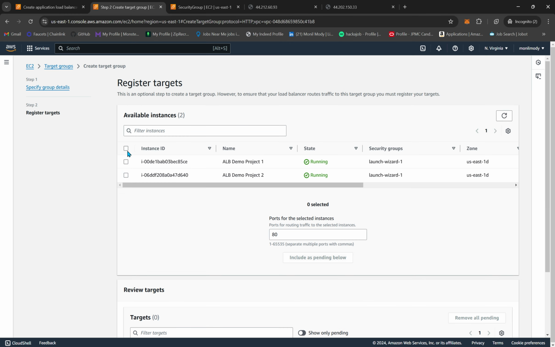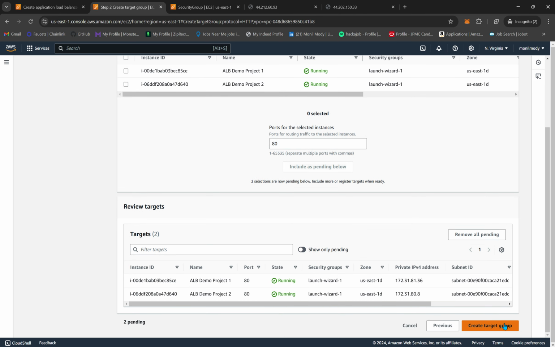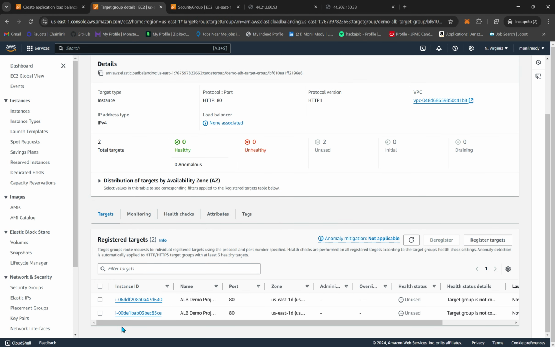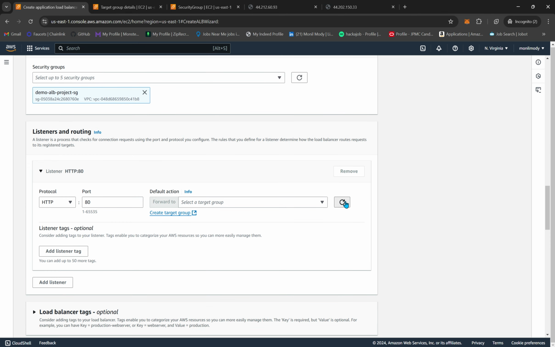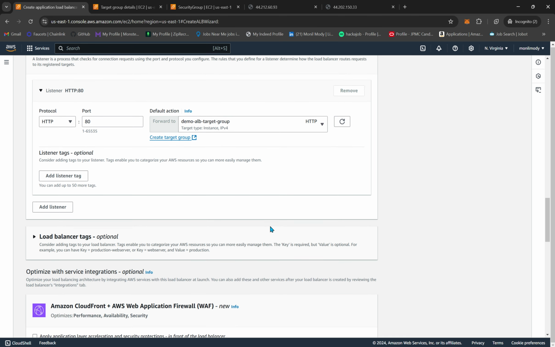Let's click next. We need to select both of these EC2 instances which we created and then include as pending below, and then we can create the target group. And as you can see, we have two of our instances already here, and then it's gonna give us the health status. So we need to wait till it gets healthy, but let's refresh this. I'm gonna select the target group which we created,